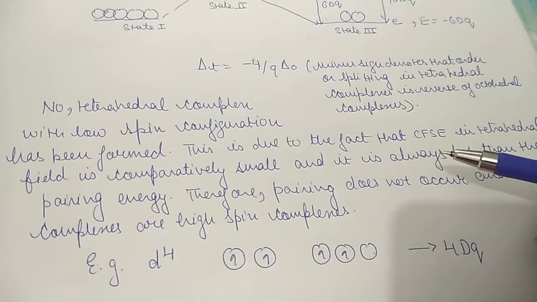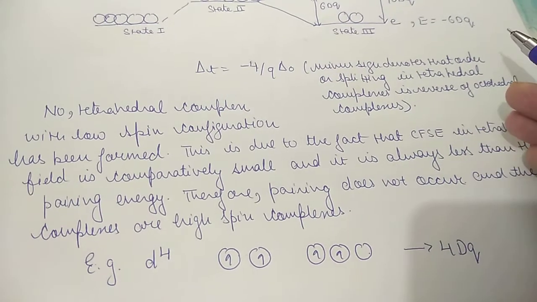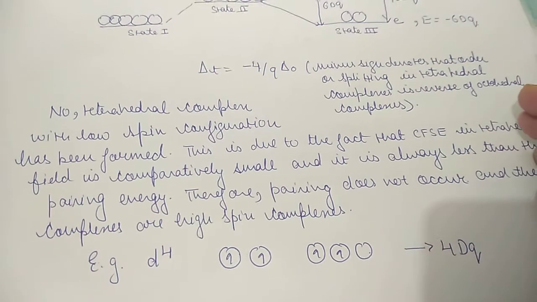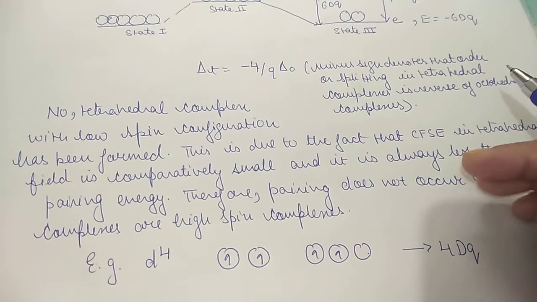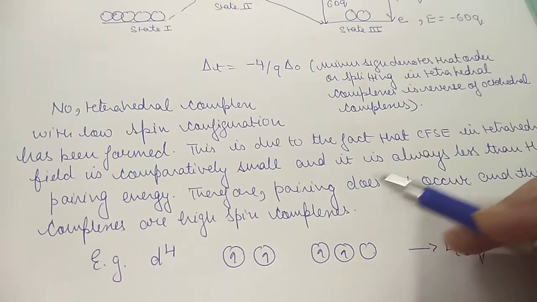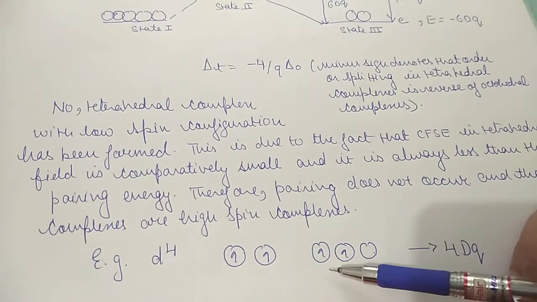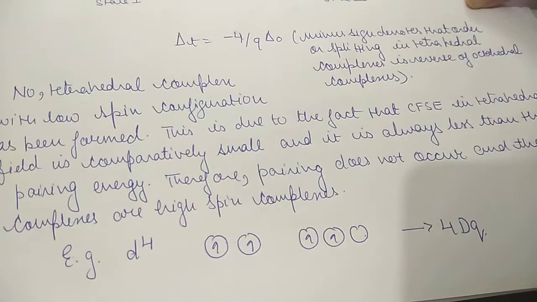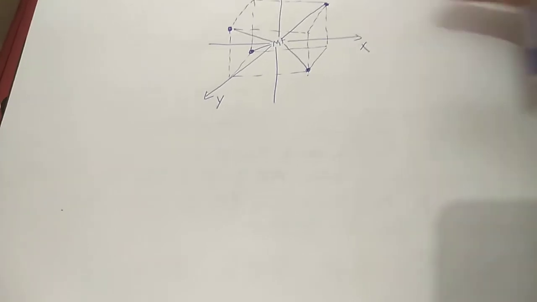So pairing will not be there, pairing will be less. It is not that it won't be; where there is no other way out, there pairing will happen. Where all orbitals have been singly filled, then the pairing will occur, but first each and every orbital will be singly filled. So this you can see in d4, and obviously 4 dq, that is the crystal field stabilizing energy, and so on. I have only calculated for d4. You can calculate it for others,